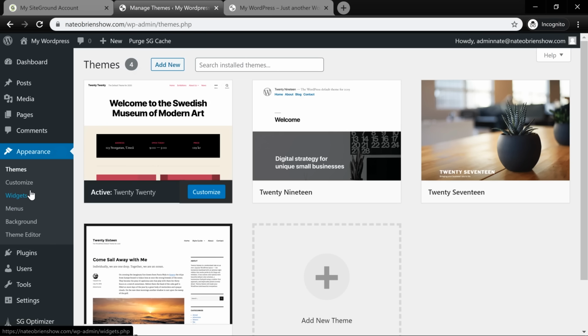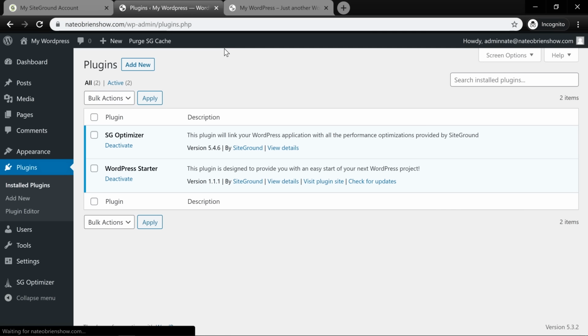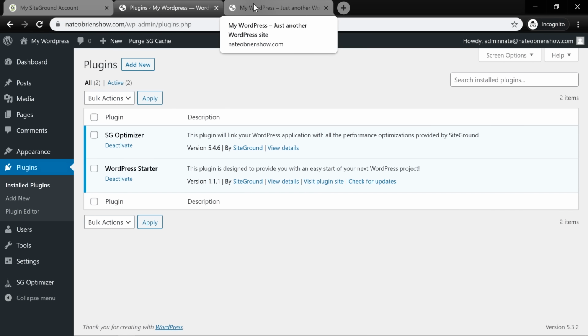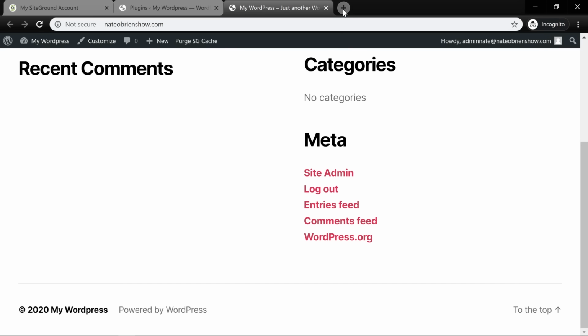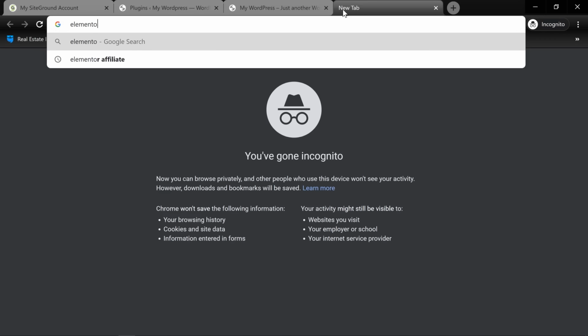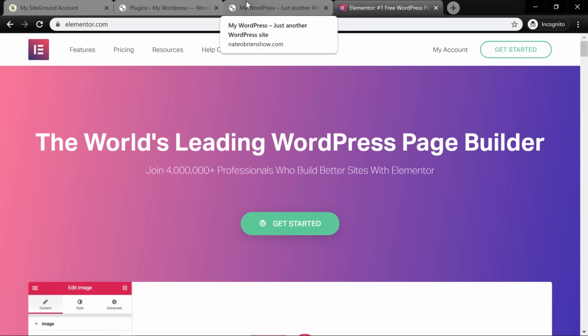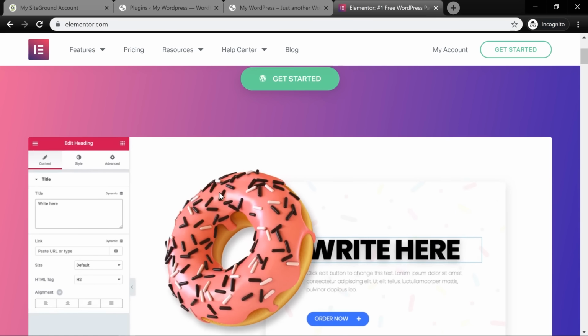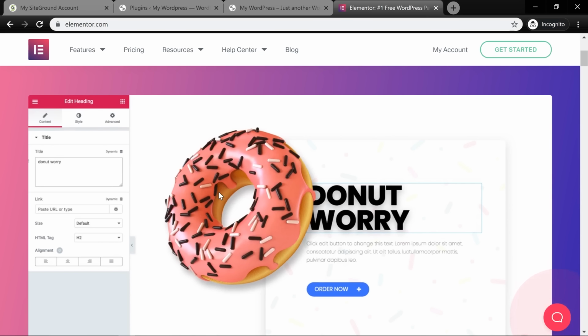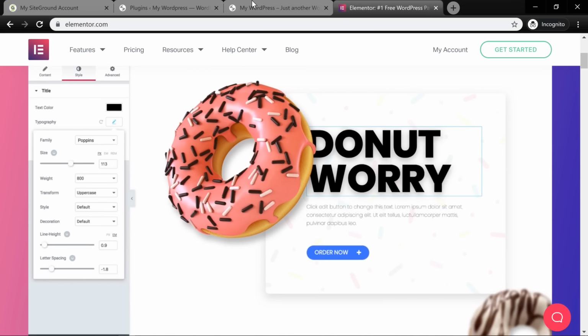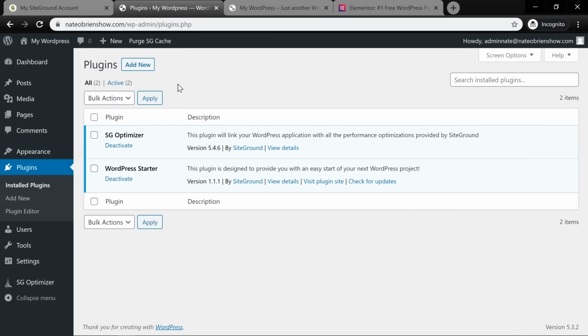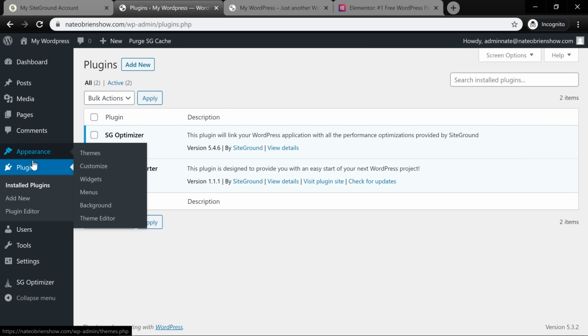And then if we want to change our themes, if we want to change the appearance here, we can add some plugins, for example. So if we go to plugins here, or if we go to Elementor, I'll leave a link for Elementor down below. But this is something that is a great way to build your website. Trust me on this, if you go to Elementor, this is one of the best ways to actually start building a website. It makes it super easy to drag and drop things, as you can see here on the screen. So I will leave a link to that down below. It's going to be the fastest way to really kind of edit your website.